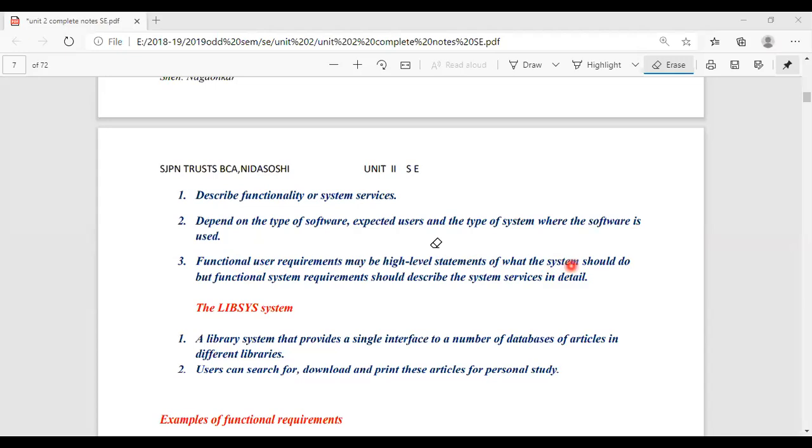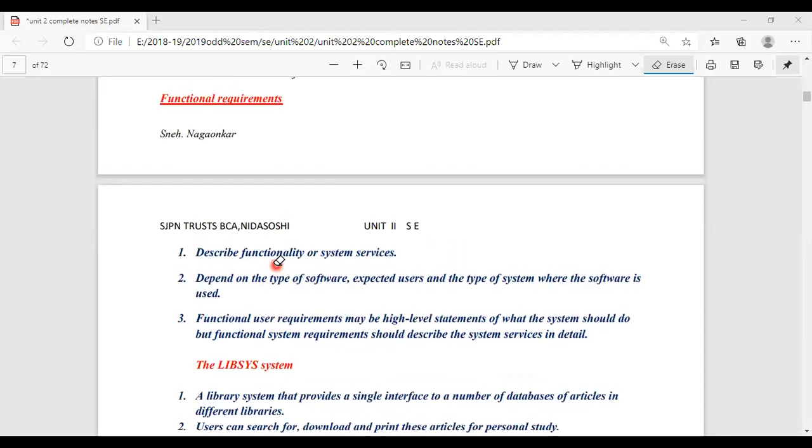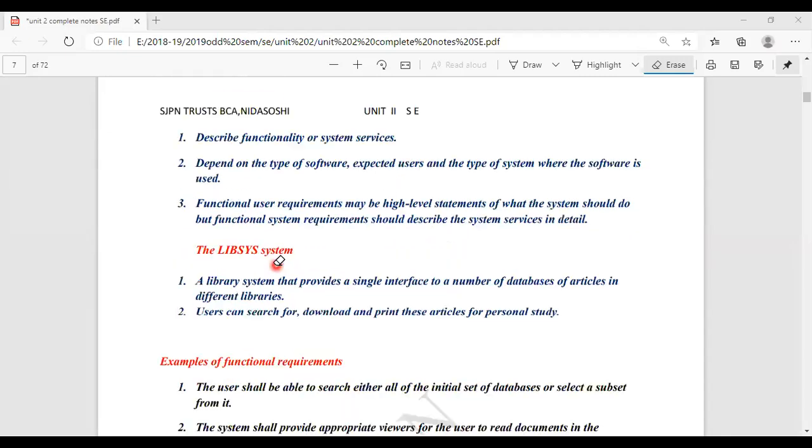So what are high level statements? As I told you, when the requirement comes to us, we first have to take an initiative to form a proper set of requirements. Once all the requirements are finalized, they will be the final statements. The main work starts when we get this final level of statements.